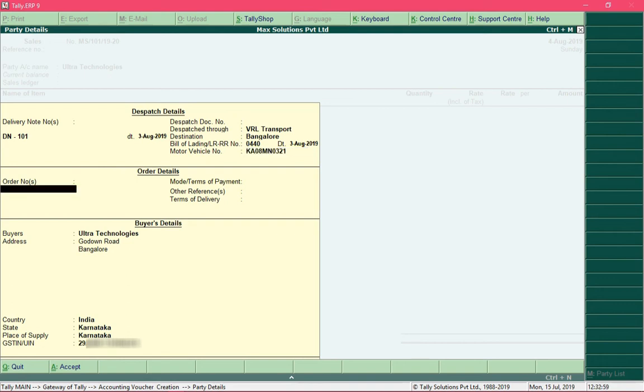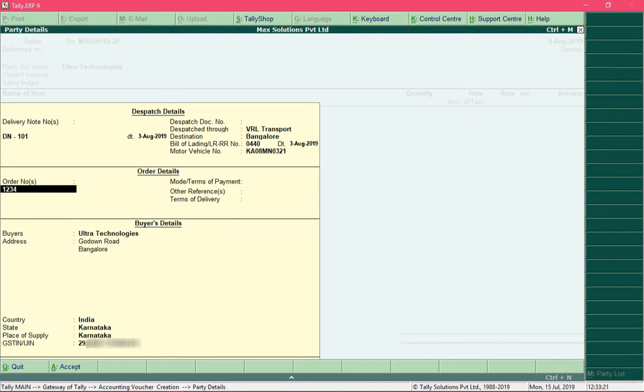And in the field order number, you can specify the purchase order number, which is a document sent by the buyer specifying the requirement of goods. So in case the buyer has sent a document with the purchase order number 1234, then you can specify it over here.